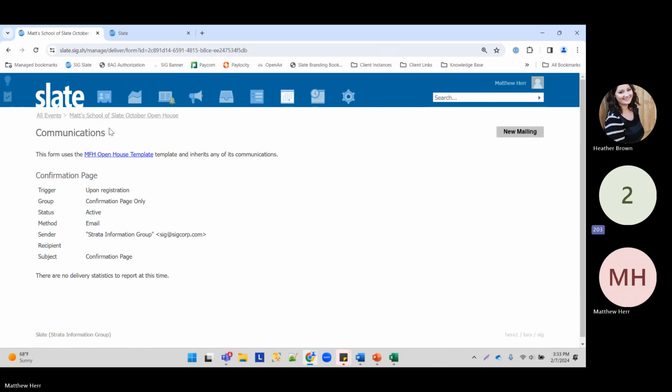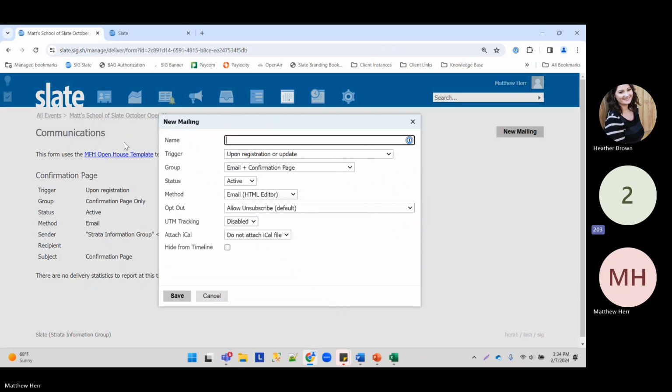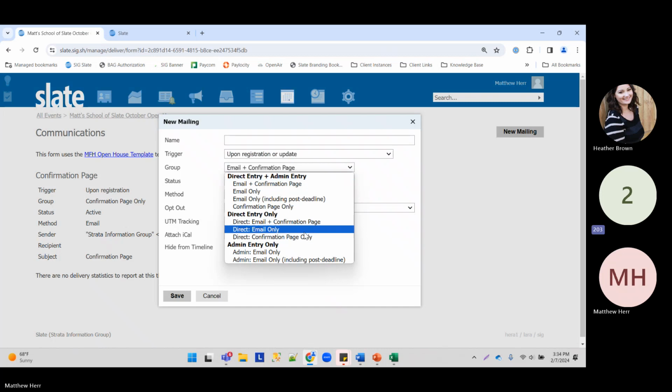But another thing that I kind of like, especially for bigger events like open houses, is you can do advertisement emails right from the communications section on the event. So let's say this is truly an October open house. It's a one-off event. I'm only doing it on October 15th or something like that. I can do a new mailing and it's called